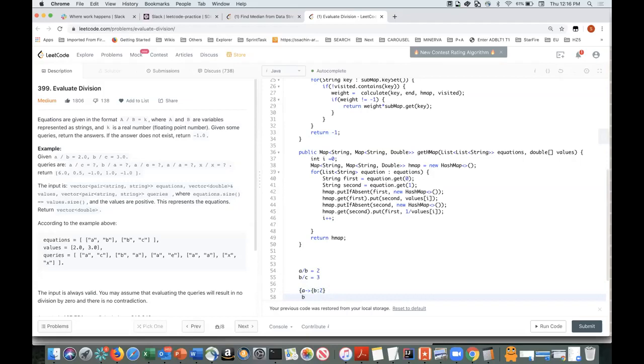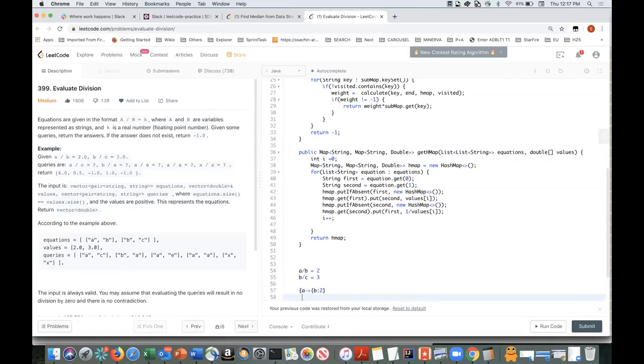From the second equation, I get B, C, 3. Now that's not enough, because when I see the queries which we need to solve, we might have some use cases where I need to inverse these ratios. That is also simple. When I'm entering into my map and storing it in a better data structure format, I should also store the reverse of it.